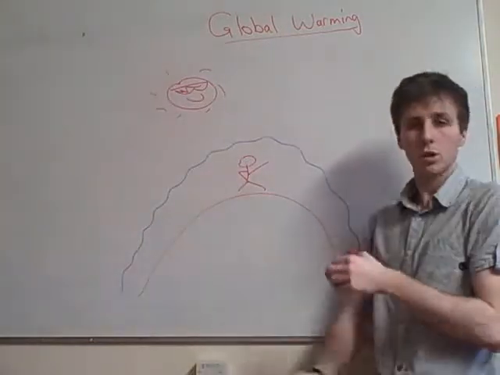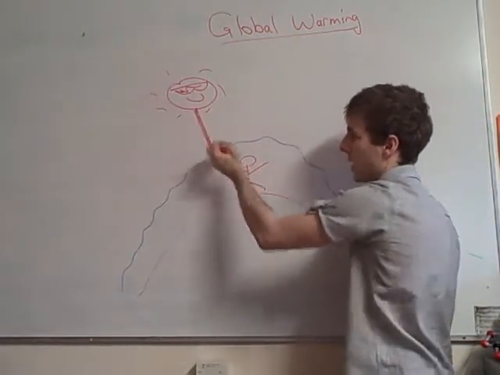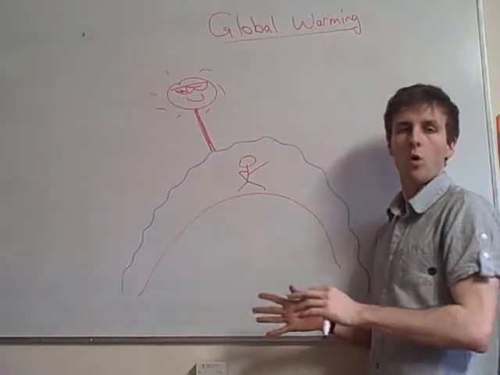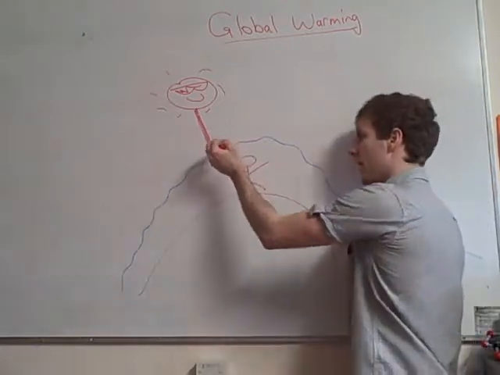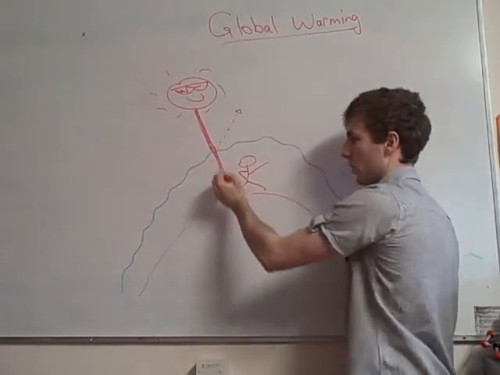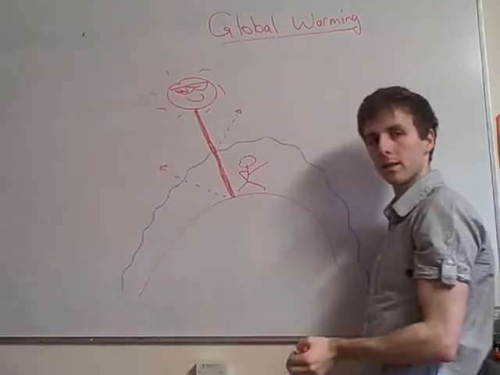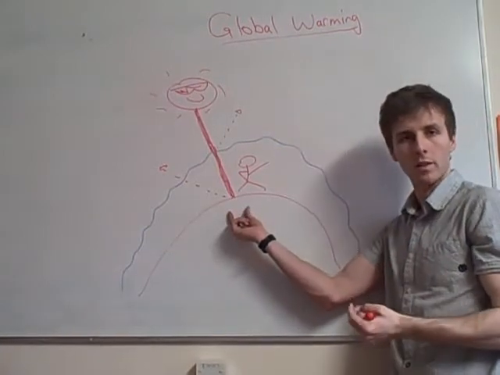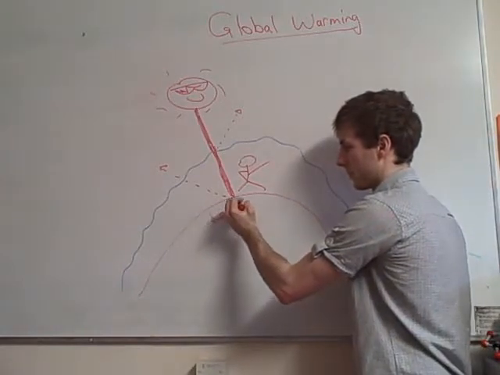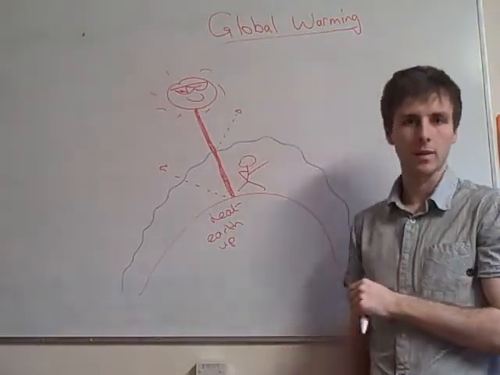And basically, what should happen is heat, I say heat, any type of electromagnetic radiation, so UV, infrared, light, gamma, all the different types of radiation from the sun will hit the atmosphere, and a little bit will get deflected, but most of it will go straight through and hit the Earth. And again, a little bit will get shot back into space, but most of it will actually get absorbed by the Earth, and what it'll do is it'll heat the Earth's surface up. Okay, so that'll heat the Earth's surface.